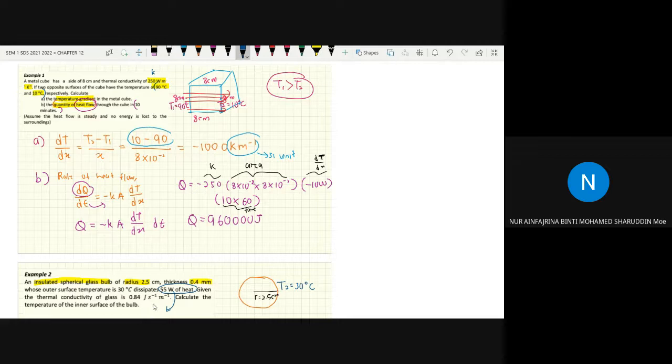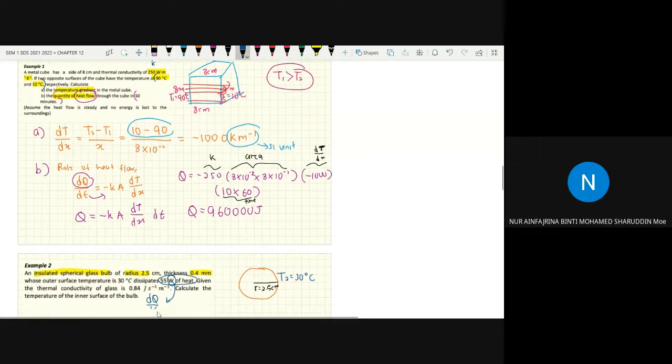55 watt. Dia adalah rate of heat flow. Sebab 55 watt. Okay, remember. And then